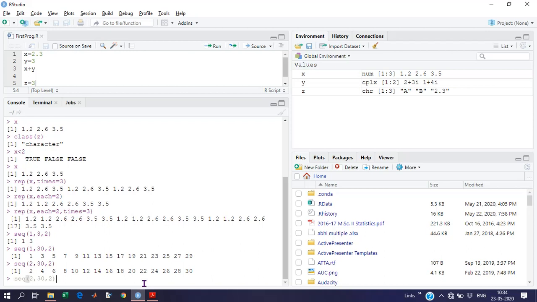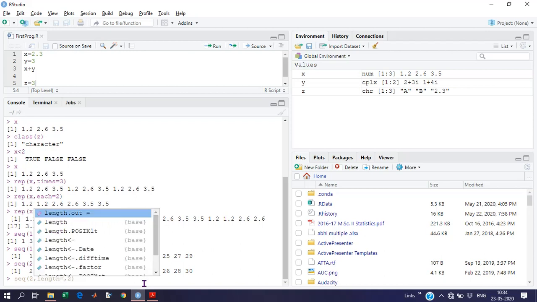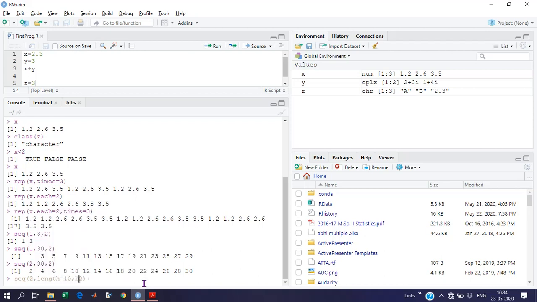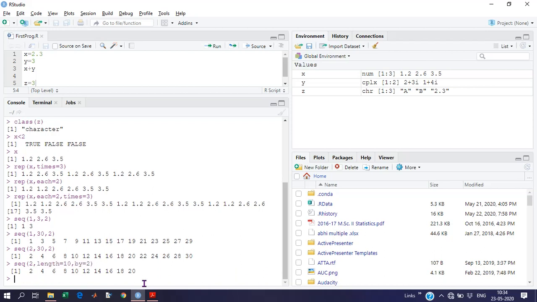What if I just want 10 numbers here? So I will put length equal to 10 and by equal to 2. It will create 10 numbers, 1 3 5 7 9 and so on, that's 10. It will create a vector of length 10. So that's it.